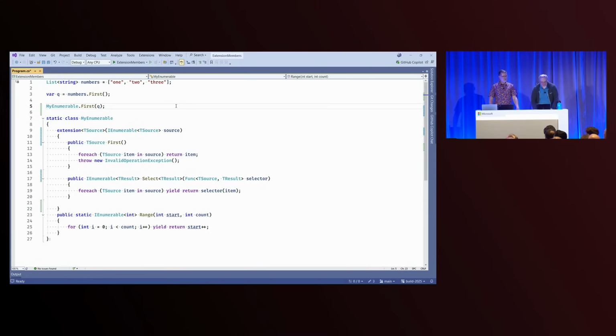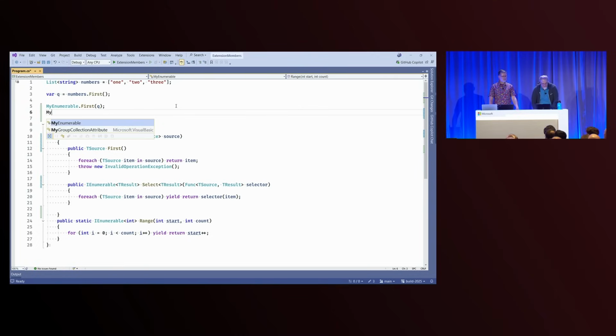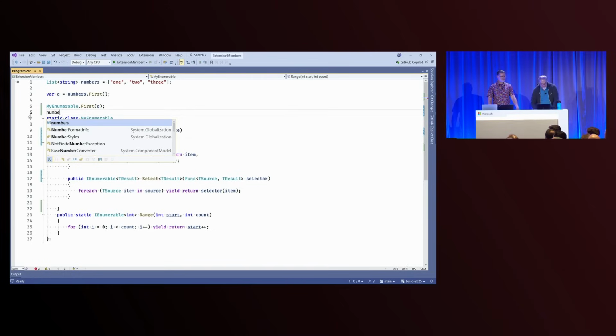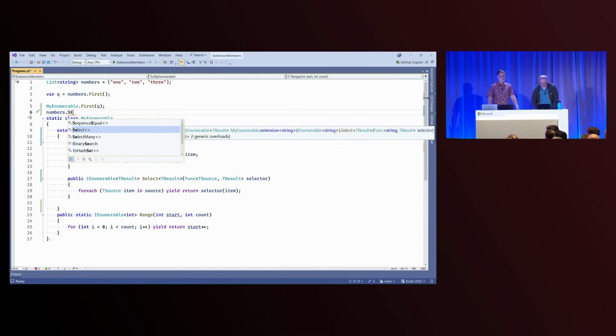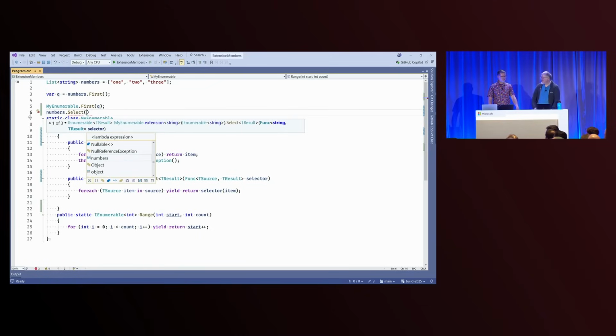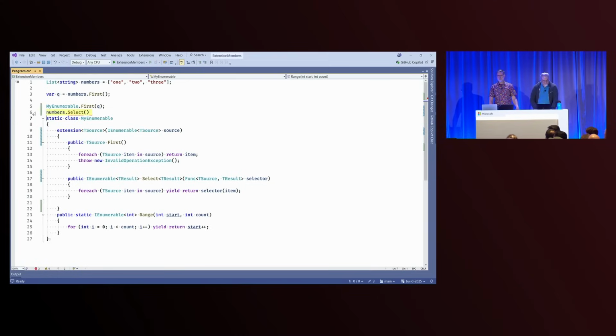It's interesting, because if I go to my Enumerable again, I can see Select is there, and if you look at it, it's joined together both those type parameters, because the block really is just a construct that says here's the stuff that goes to everything. And so it's still the same method that would have been written before with two parameters, and it works the same. If I do numbers.Select down here and I get the one off of my Enumerable, it's the same thing with the same stuff. But you didn't come here to see us reinvent extension methods.